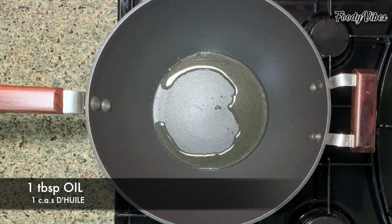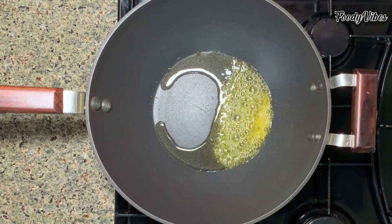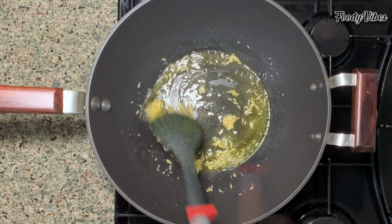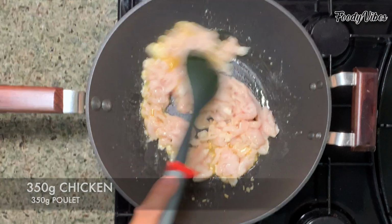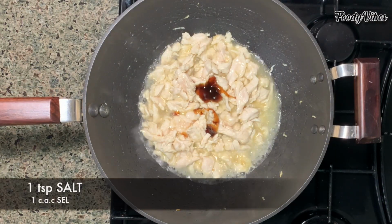Now let's fry the chicken. In a pan I add some oil to heat, then add 1 teaspoon of butter and let it melt with some grated garlic. Then I add around 350 grams of chicken that I cut in small pieces. Then add 1 teaspoon of oyster sauce, some salt,